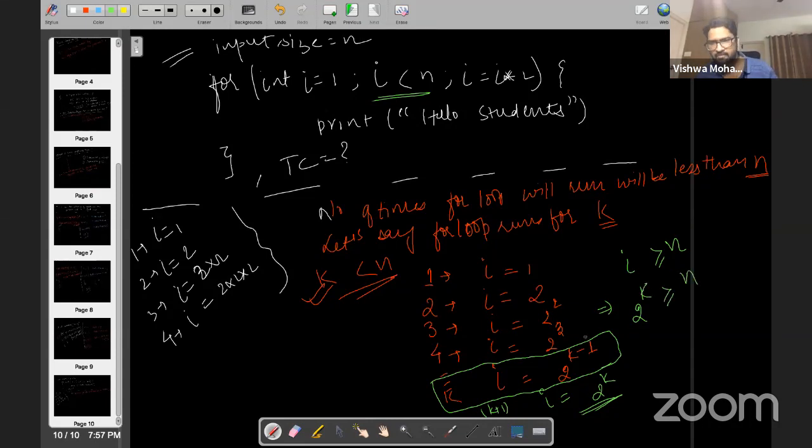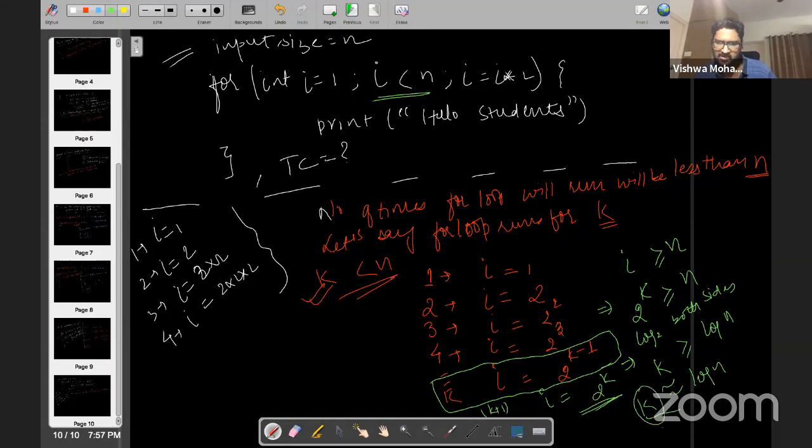Okay. Now the left part we have 2 to the power k, the right part we have n. So what we do, we take log base 2 on both sides. What will happen is that the left-hand side becomes k, and this we can write as log n, right? Now, whenever we talk about time complexity, we always talk about proportionality, approximation. So I can say that k is approximately equal to log n, right?